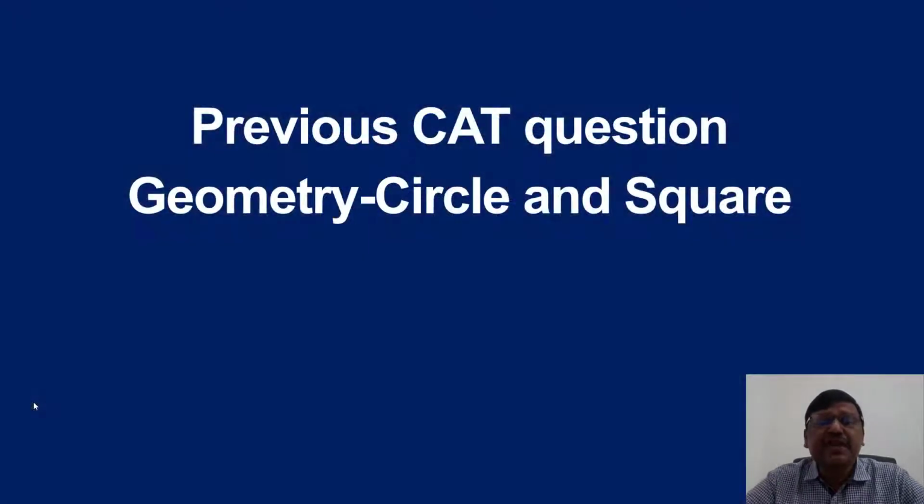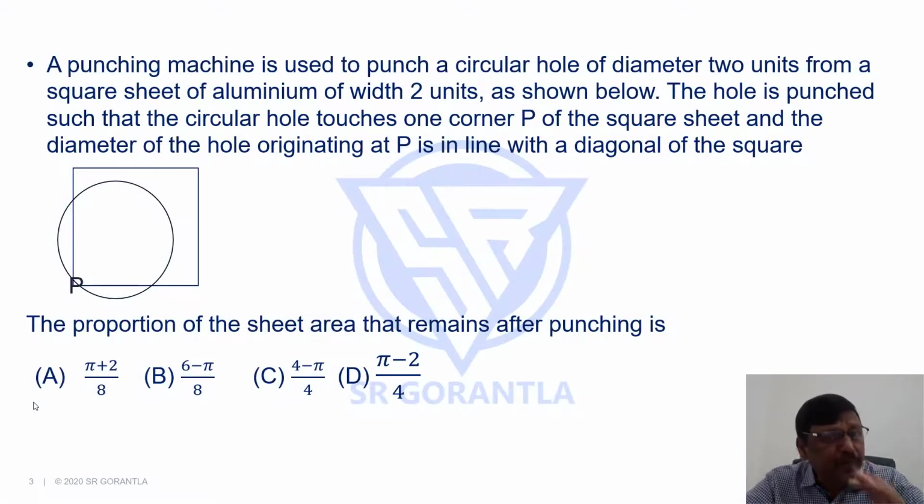In this session, we will discuss a previous CAT question, a question on geometry. It involves a circle and a square. Here comes the question. Can you please pause the video, read the question carefully, make an attempt and then continue watching this? Right. Now, the question says a punching machine is used to punch a circular hole of diameter 2